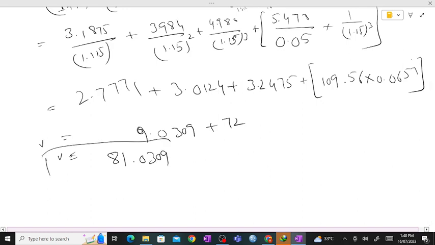So that is the valuation in the variable growth model. So that was the end of